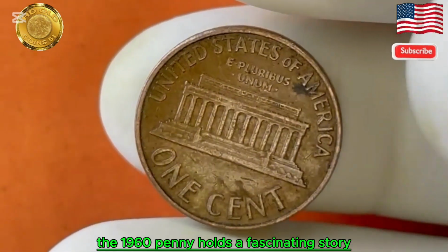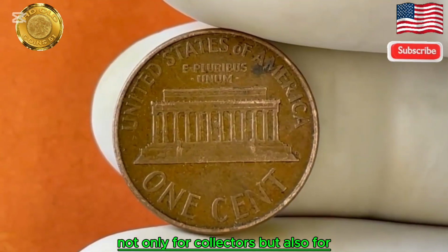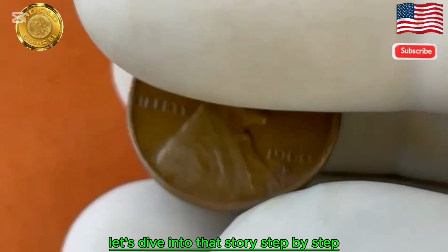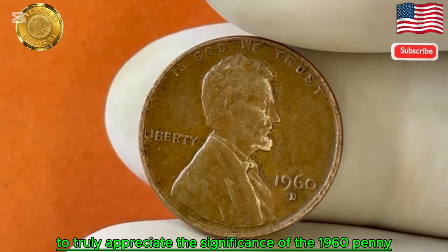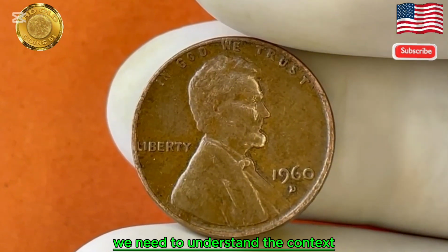The 1960 penny holds a fascinating story, not only for collectors but also for anyone interested in the history and evolution of American coinage. Let's dive into that story, step by step, and uncover what makes this particular penny so intriguing. To truly appreciate the significance of the 1960 penny, we need to understand the context in which it was